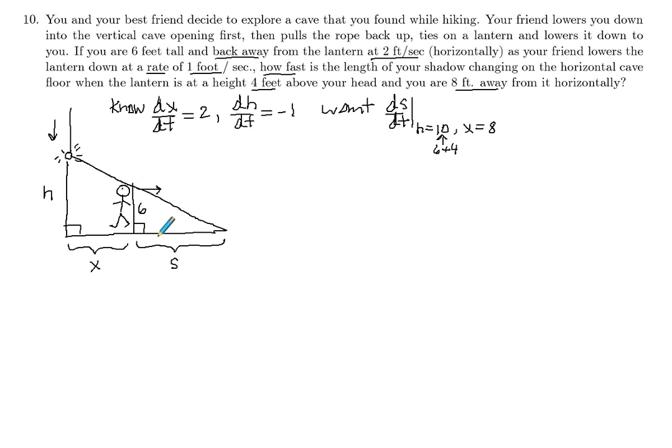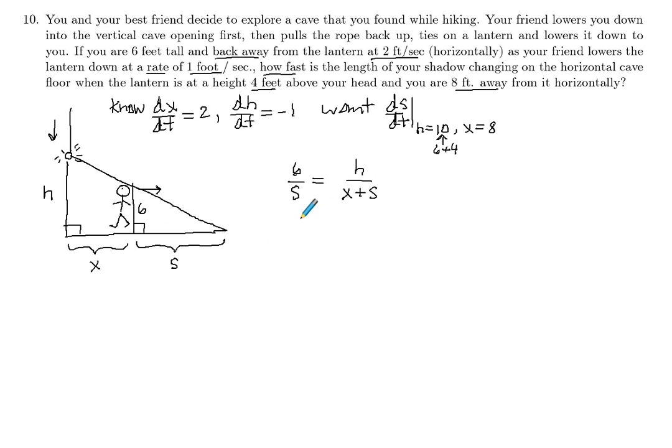So height to base for the small triangle is going to be 6 over s, equals height to base for the large triangle, which is h over x plus s,